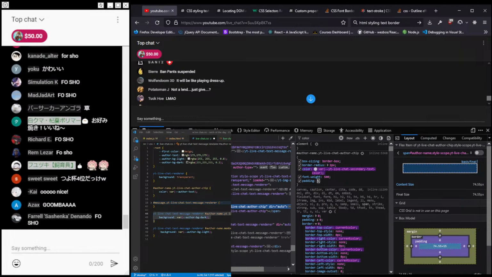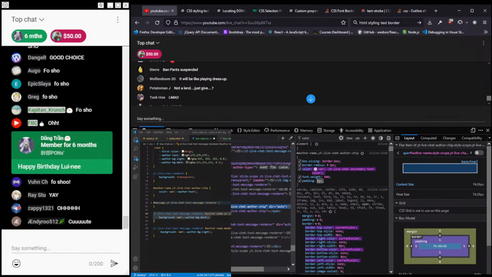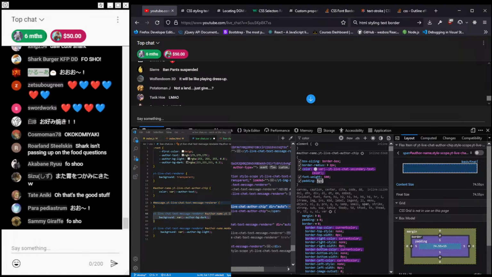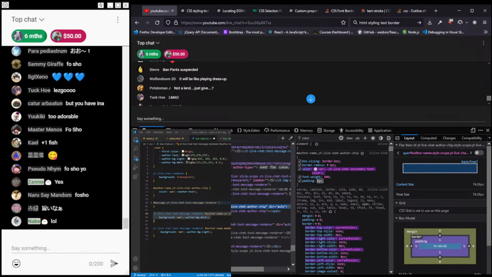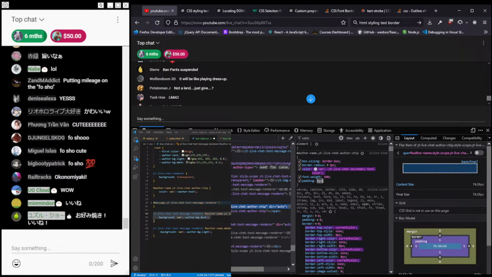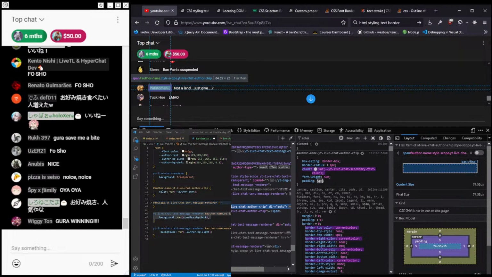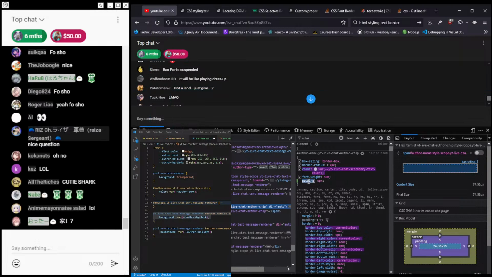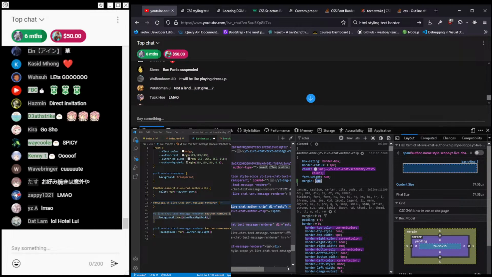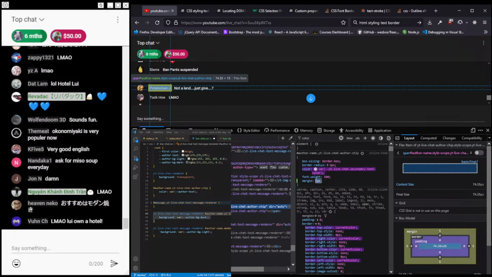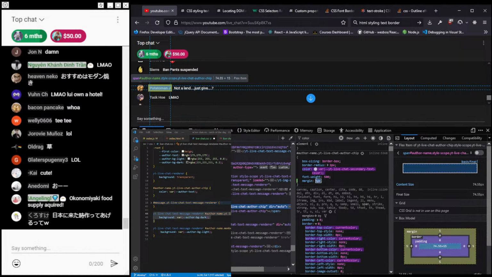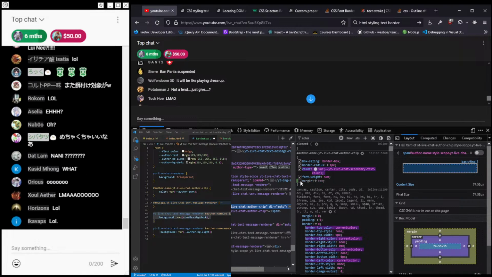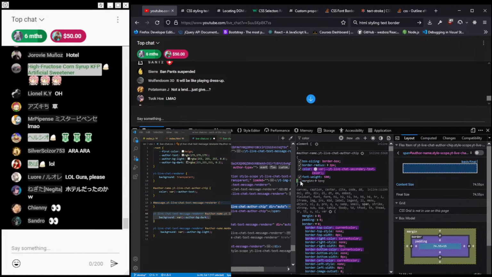Padding 5px. See, I don't want padding on the text itself. And that's what's happening here. Let me try margin instead. Margin. Still not what I want, I think. Because it's changing the text itself, which